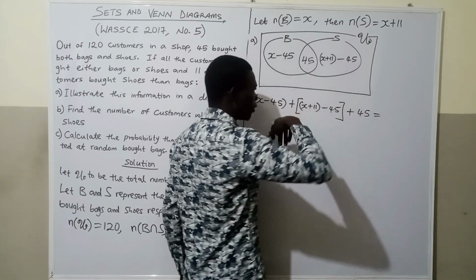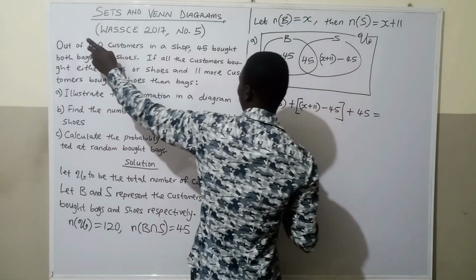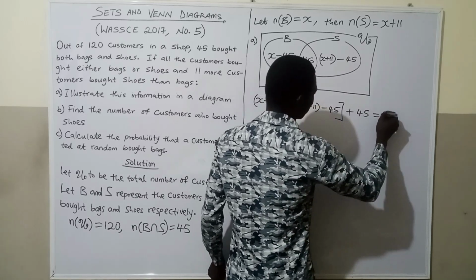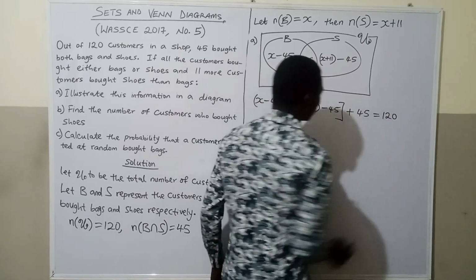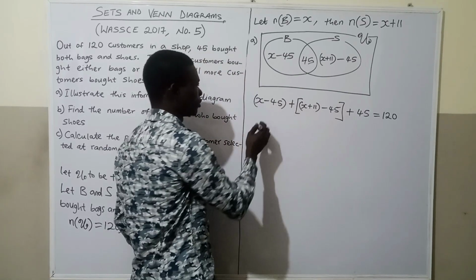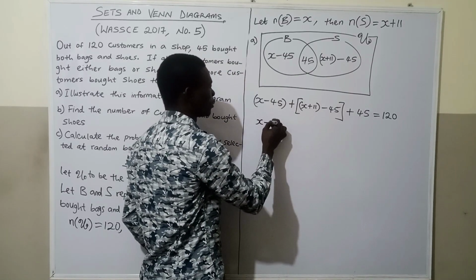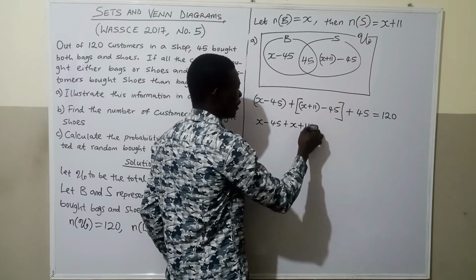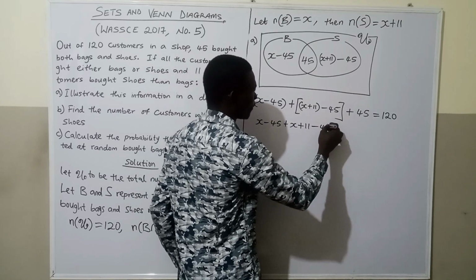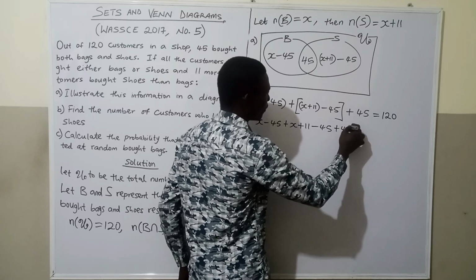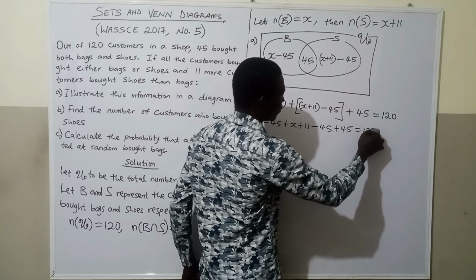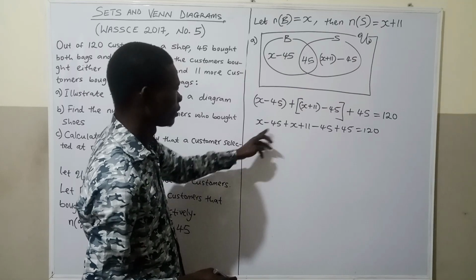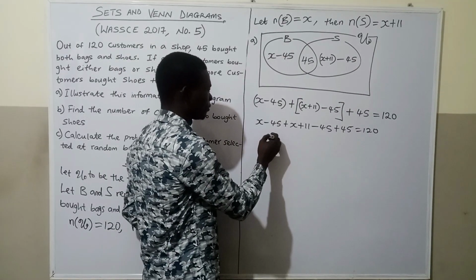And the sum of them all must be equal to the total number of customers inside the shop, and that's going to be 120. So when we open the bracket, that's X minus 45 plus X plus 11 minus 45 plus 45 equals 120. Collecting like terms, X plus X is going to be 2X